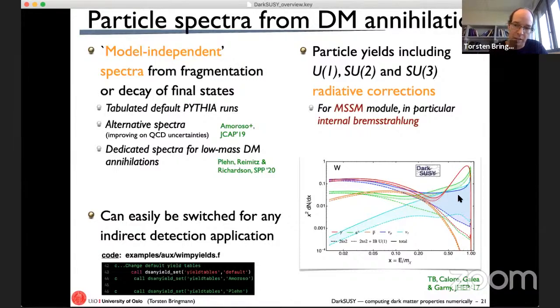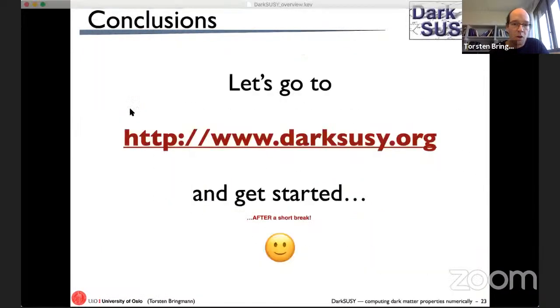correspondingly the colored region. Let me check. Yeah, so the colored region is actually the effect only due to SU(2) corrections, while the difference between the dashed line and the dotted line is due to just electromagnetic corrections. So it's basically an additional photon in the final state, so internal bremsstrahlung. Okay, so